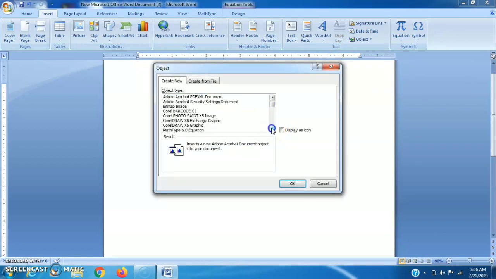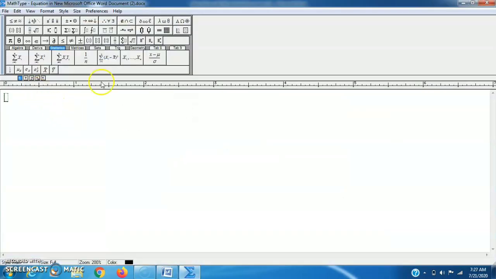Then whichever type of object we want to insert, MathType 6 Equation, whatever version we are using, will appear here. I click on this, then this is the interface of MathType, and we can use this to write our equations.